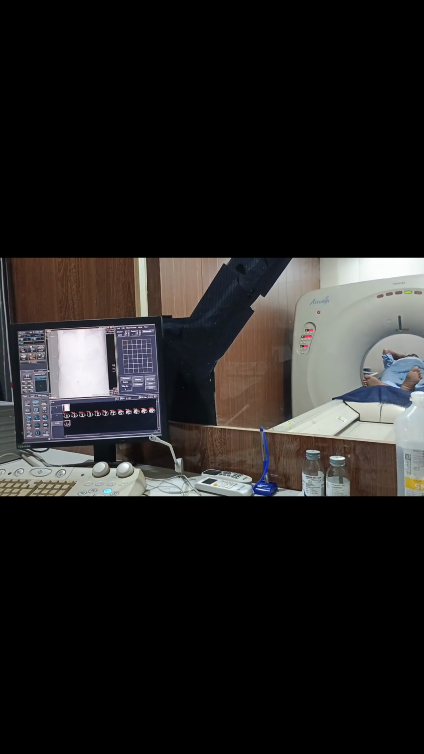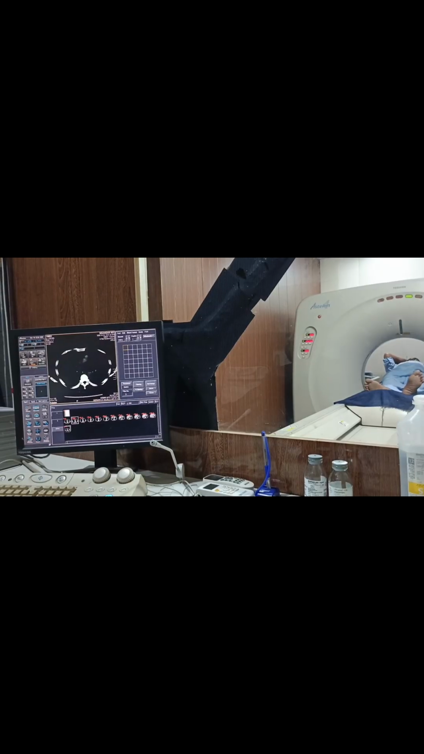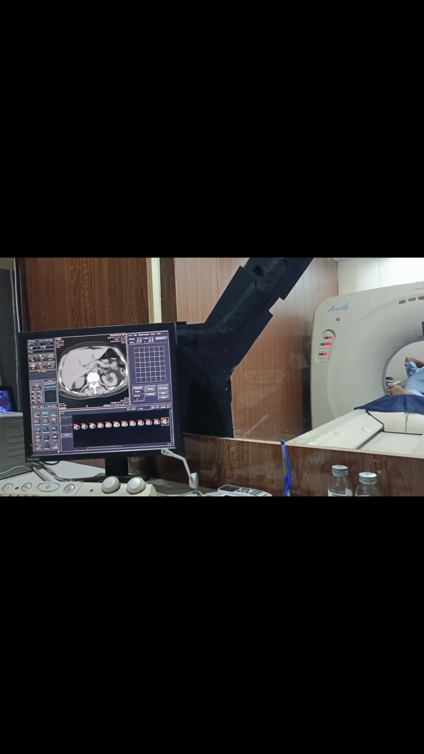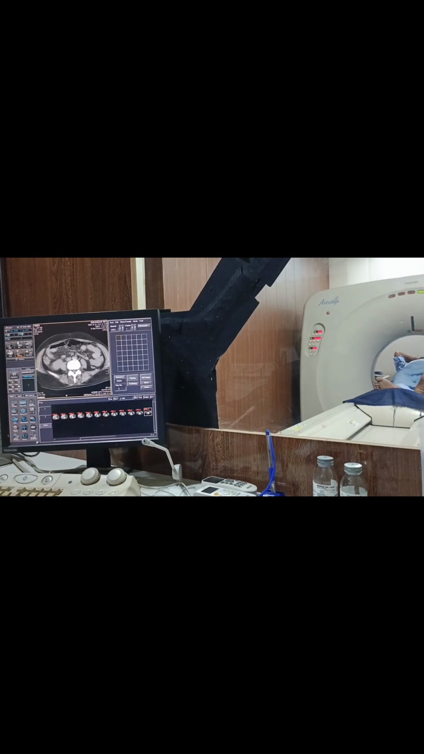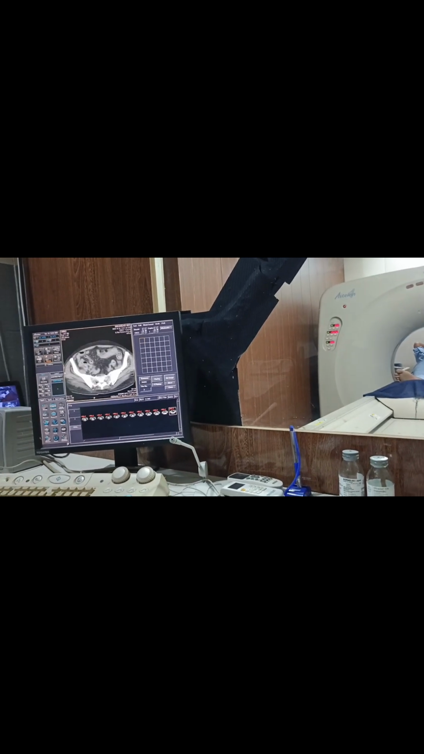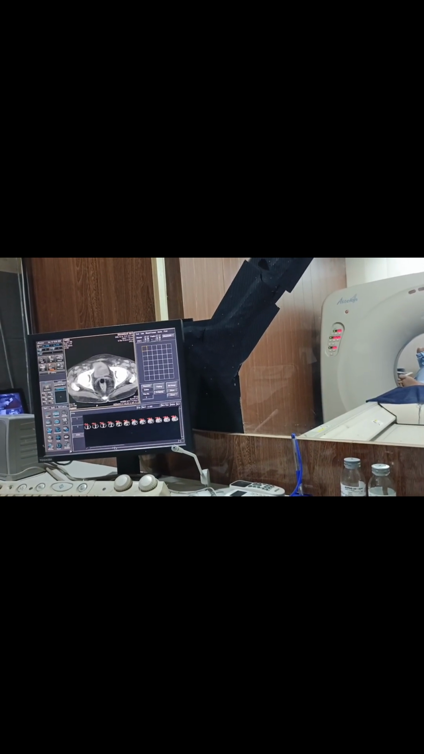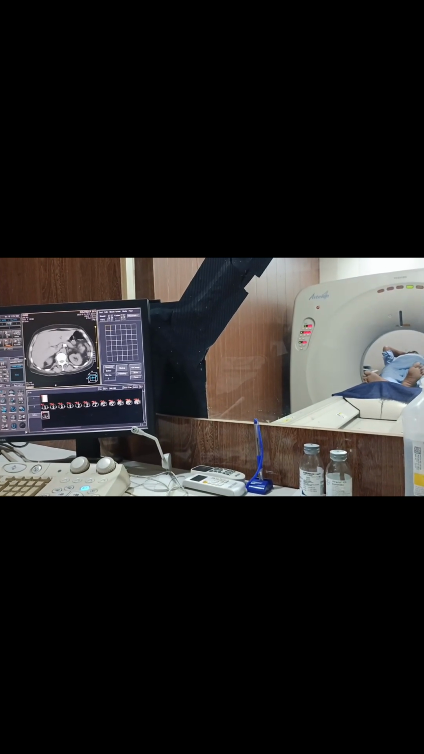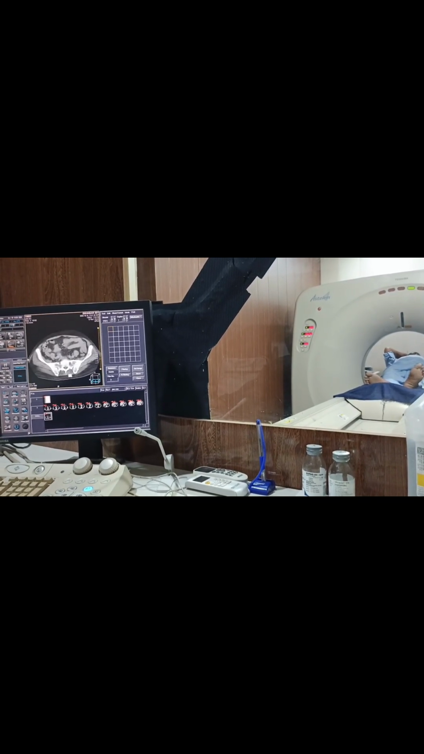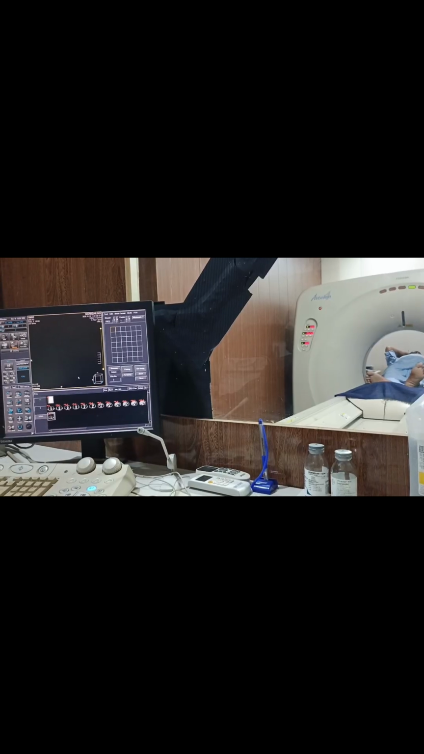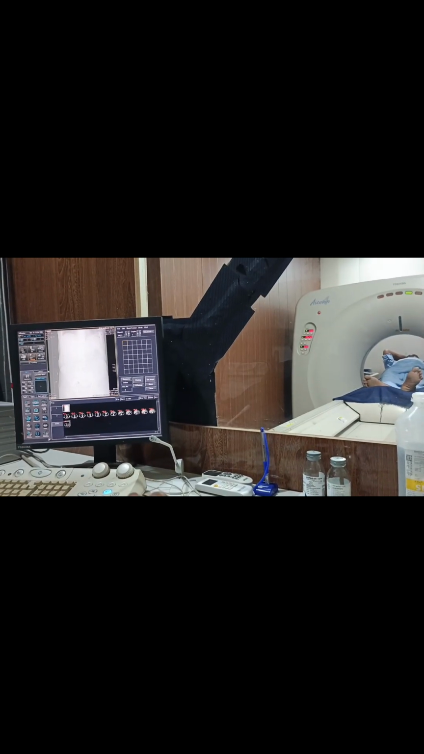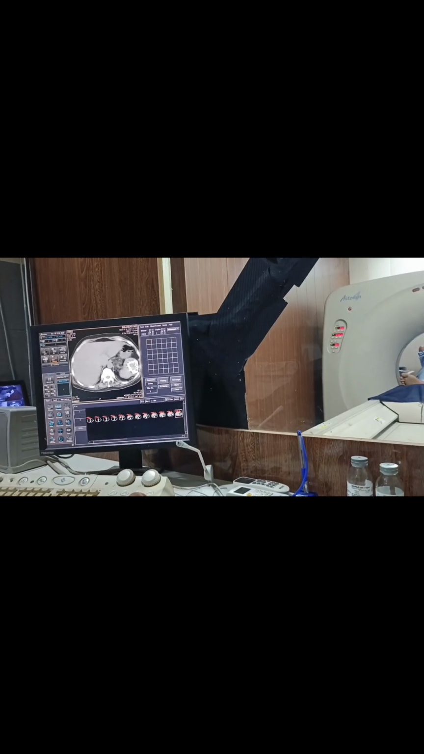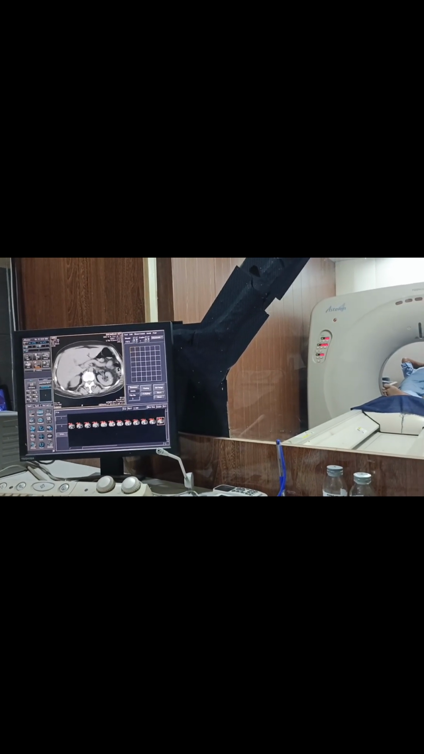abdomen and pelvis. The patient is asked to lie flat on the table, usually on their back, with arms raised above the head to avoid shadowing the abdominal region. The technologist may use straps or cushions to help the patient remain still during the scan. Once the positioning is correct, the technologist leaves the room and operates the machine from the control area behind a lead glass window. Through an intercom, the technologist maintains communication, providing clear instructions such as when to hold the breath